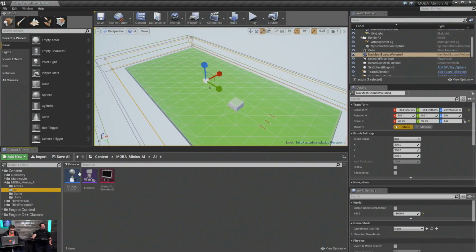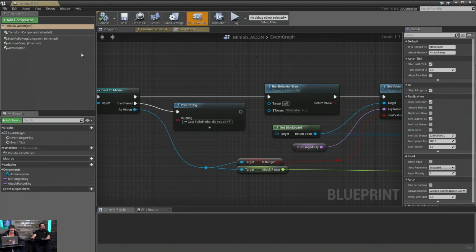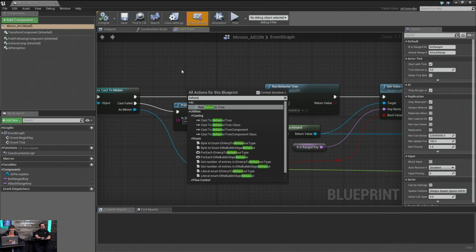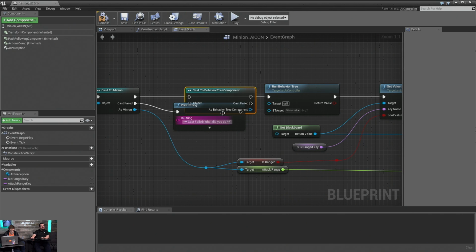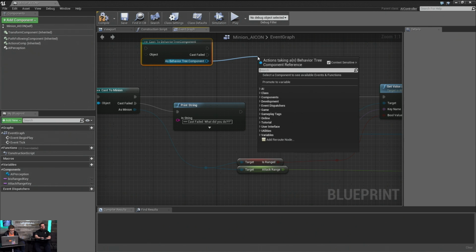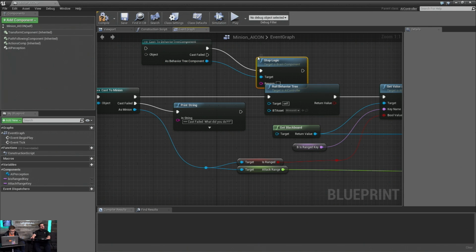What is the difference between behavior tree and behavior tree component? A component would be something that goes on an actor. Do we even have those? I don't think so, but I know that we can reference them from within here. There's a way to actually get the component, and I believe this one is the one that contains stop logic.